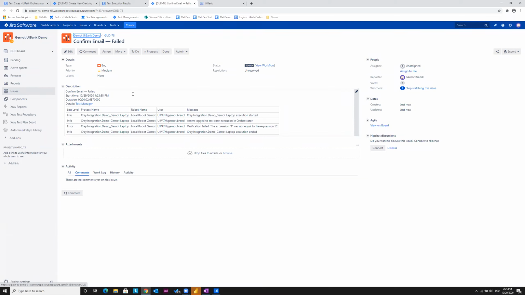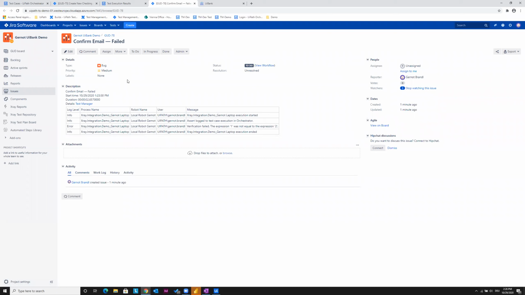The cool thing about it is I get all the information that came from the execution, the robot, and the other thing is I see why it failed. So this is all the information that gets passed over to the developer, for instance, who wants to find out what was actually happening here. Since I had some problems before creating this automation in Orchestrator, I could not show that, but it's quite important to understand